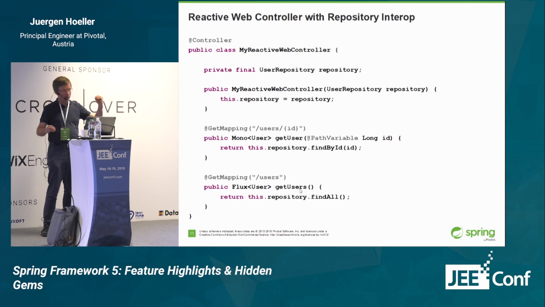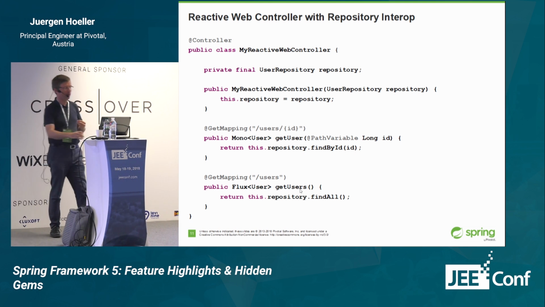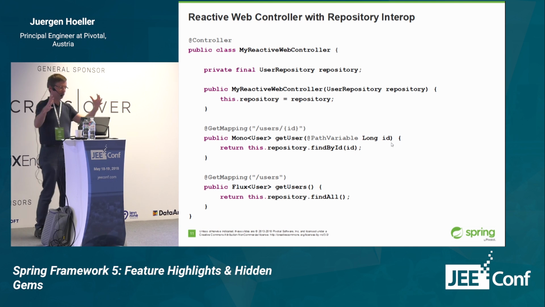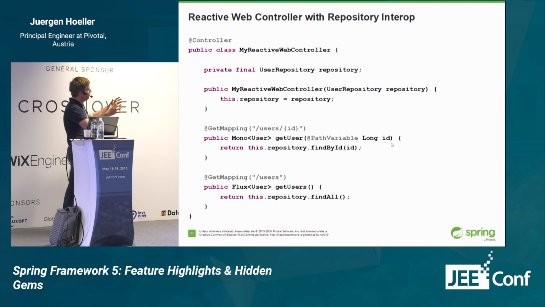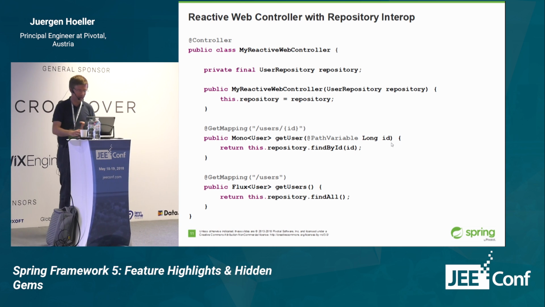Instead of taking a request and having a servlet thread and producing the response within the body of the method, that's not what we're doing here. It's a different purpose. We're going to get an invocation from the dispatcher if a corresponding request comes in. This getUser method is going to be called. We have the same flexibility in terms of the method signature that we know from Spring MVC. So you can extract path variables and query parameters and request headers and whatever else you need here,